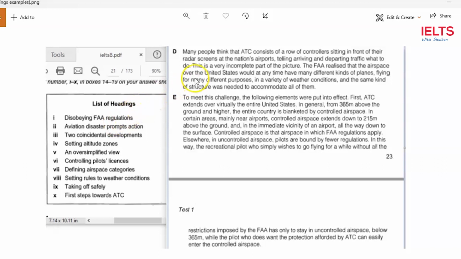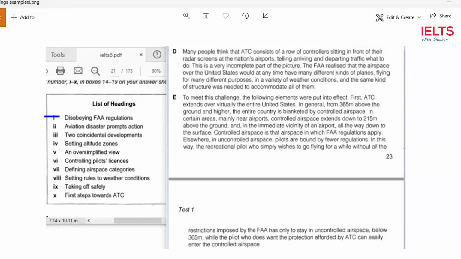And he said this is a very incomplete part of the picture. So he's saying something against this view. So it's about the view of people on the complete picture, and we should see which one matches the choices in the list. So again, we go to number one as usual, and in this way again you do disobeying FAA,